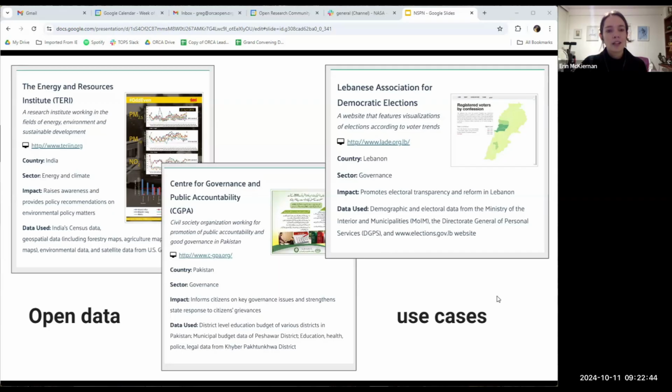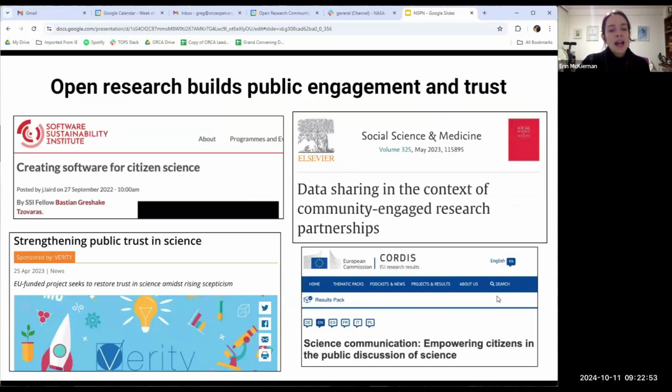So again, really concrete examples of how open data can be used, not just in the real world, but specifically in a policy realm. And I think, especially some of those ones where we saw they're working to address citizen grievances, working to get folks engaged in election and election reform, really highlights one of the benefits we were talking about, and I think is reinforced here even more. And that is that open research and open science helps kind of build that public engagement and public trust.